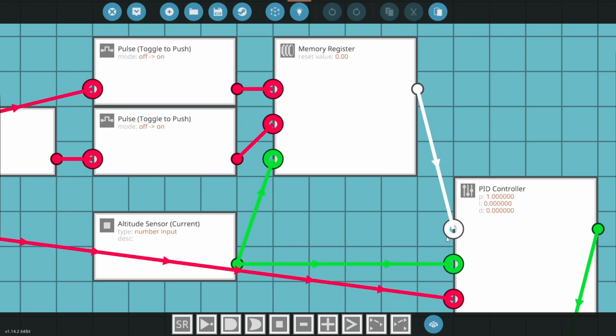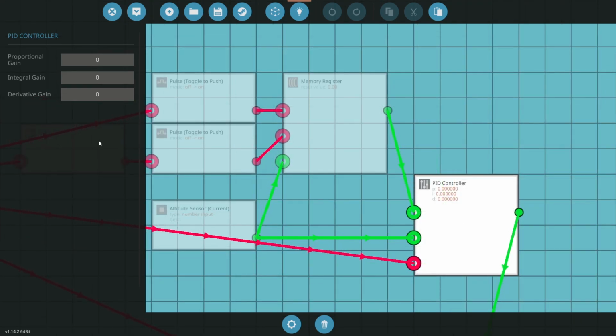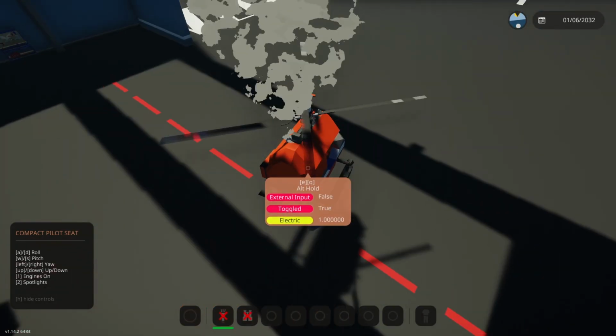So if we set everything to 0 and you turn on your PID, nothing will happen. It's as if there is no PID. So having everything at 0 doesn't make any sense. What I recommend doing is setting the proportional to 0.1 and seeing what happens. With our helicopter, if I press the hold button,